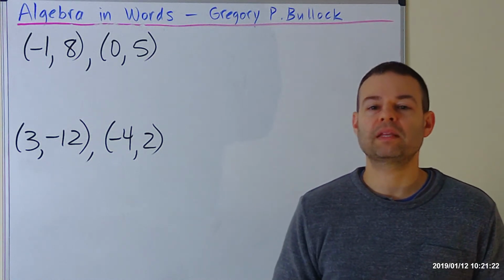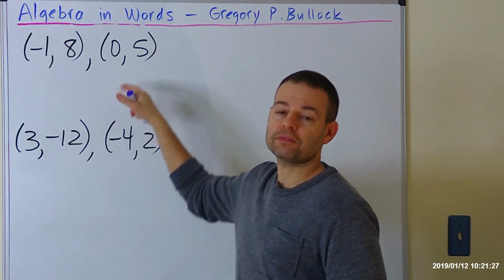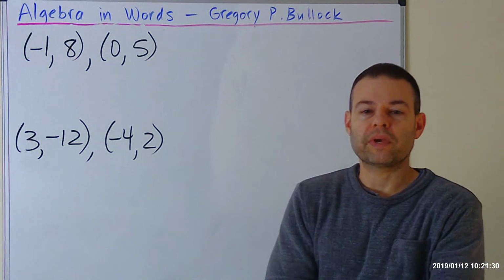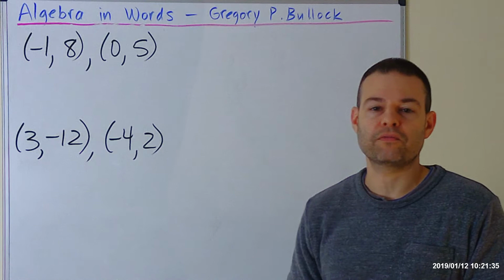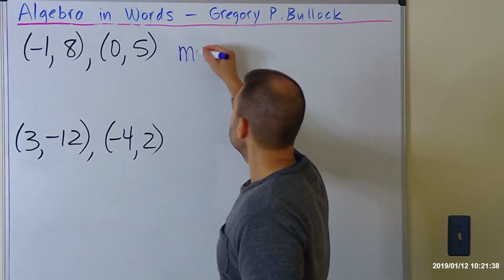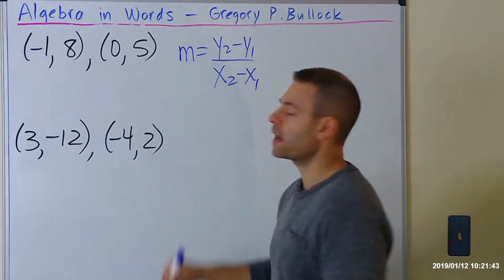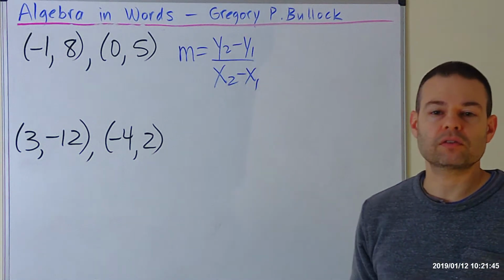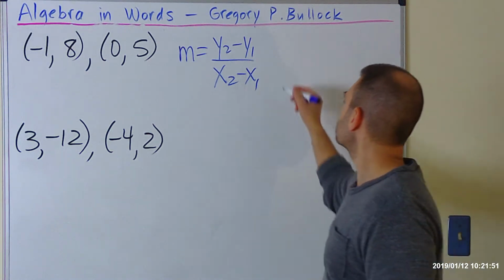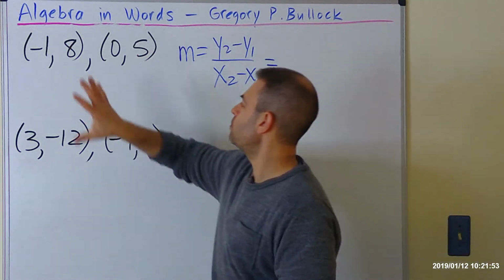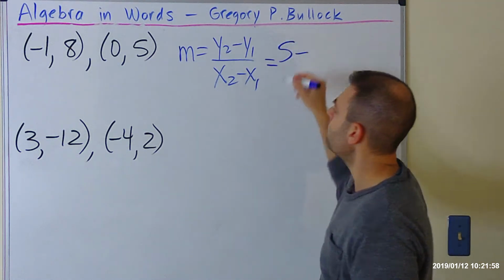Let's start with the problem at the top. We have the points -1, 8, and 0, 5. Since we have 2 points, it's very easy to just plug those numbers into the formula for slope. M is equal to y2 minus y1 over x2 minus x1. I went over this in a previous video, so this should be a repeat, but anyway, let's substitute the values in. If we consider this to be point 1 and point 2, this would be y2, so we'll do 5 minus 8,